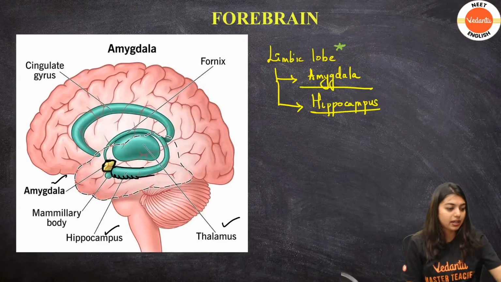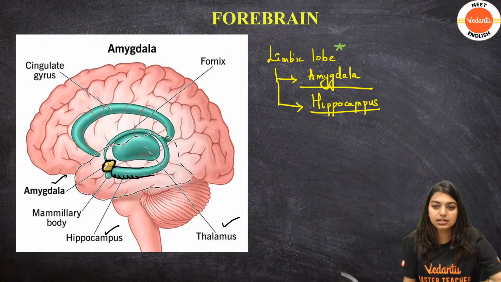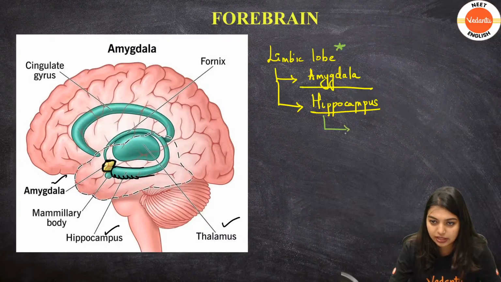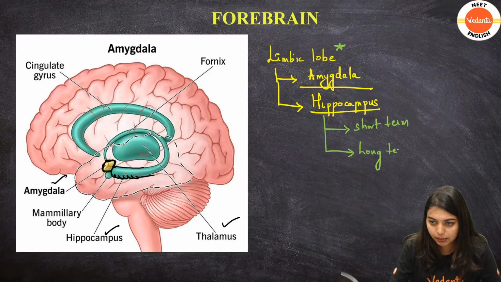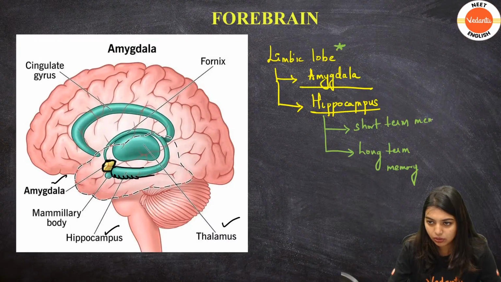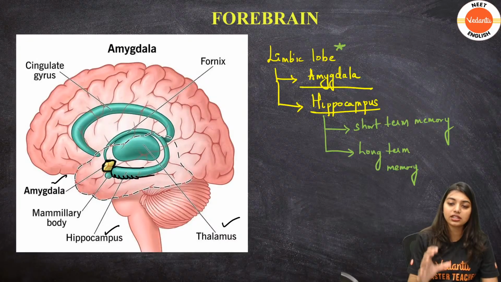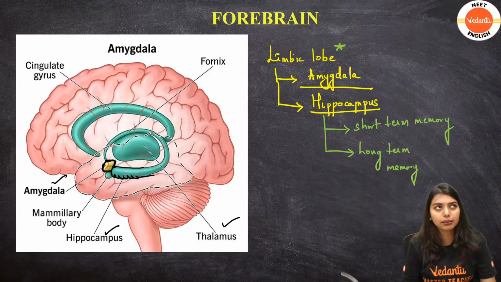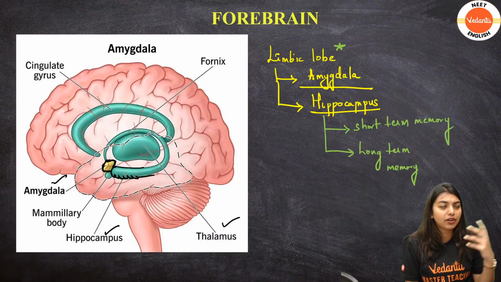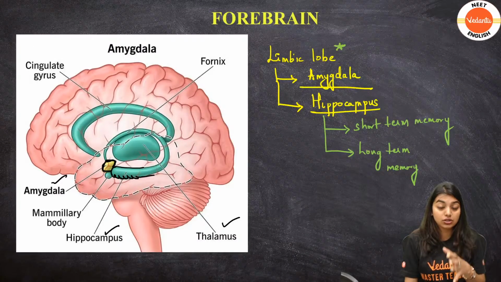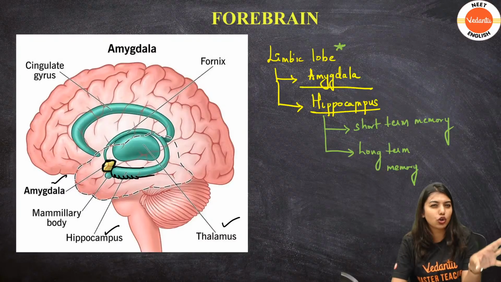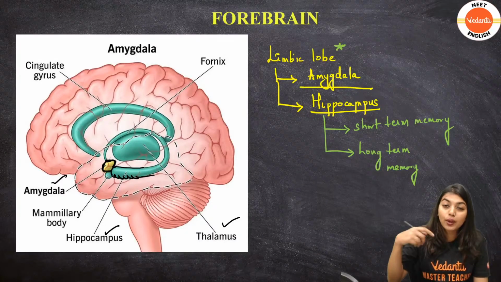Now students, understand that the hippocampus also helps with one very important thing: short-term memory and long-term memory. The hippocampus controls many things, sexual behavior and other things, but other than that, it also helps in short-term memory and long-term memory. How am I able to remember the chapter that I taught five months back, or how am I able to revise? Students, understand, your brain has short-term and long-term memory, but without properly going back to these scenarios,